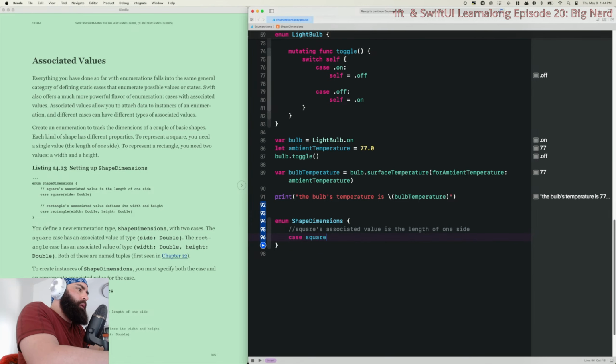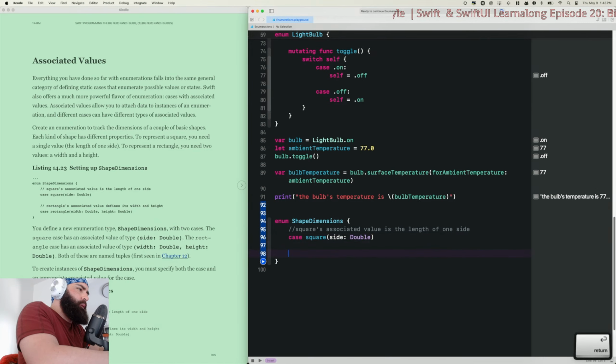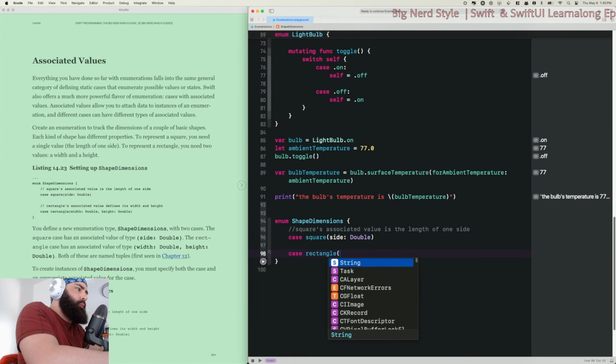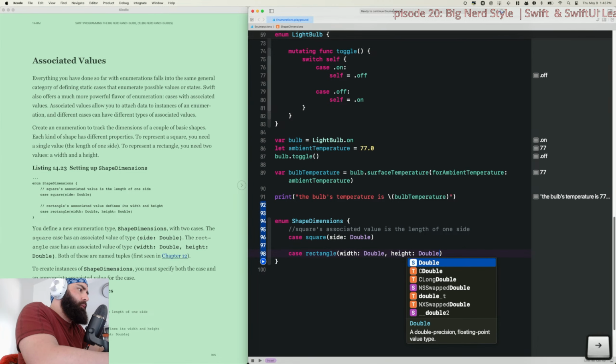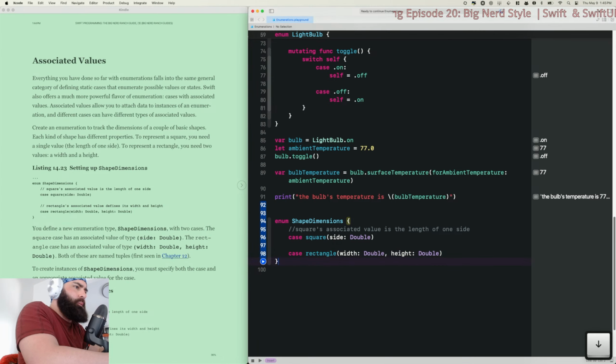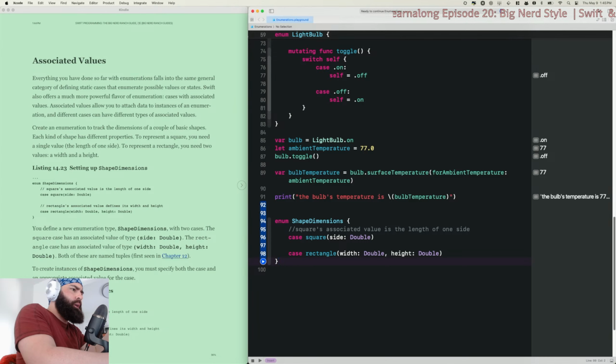Okay, case square side, and it's a double. Not gonna write all that. Case rectangle, width type double and height type double. You define a new enumeration type, shape dimensions, with two cases.